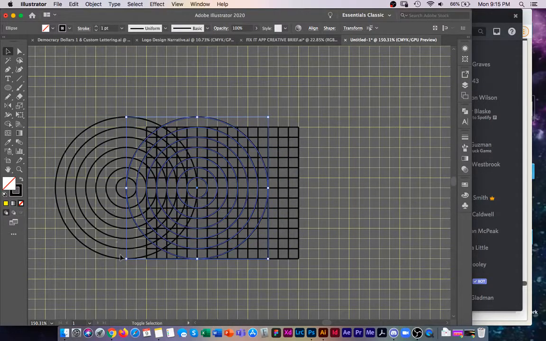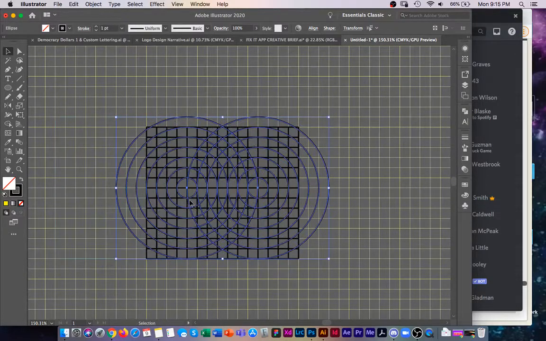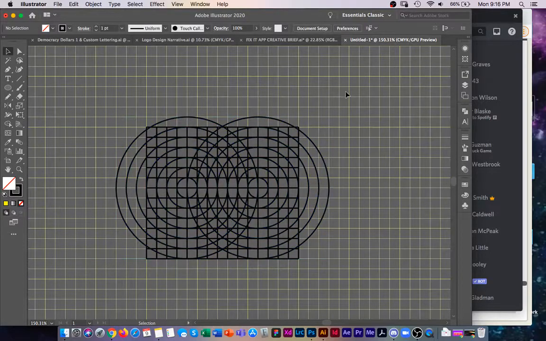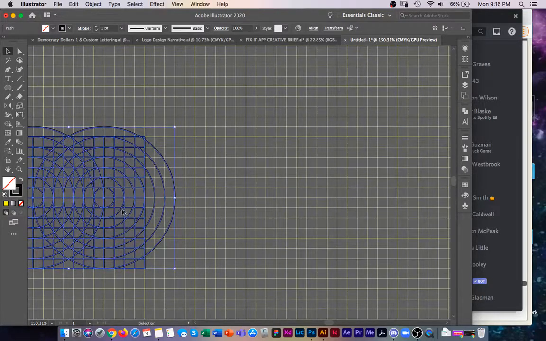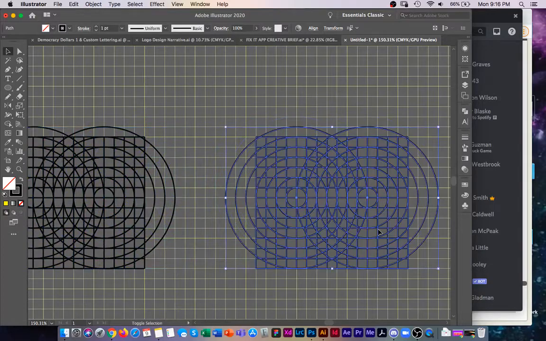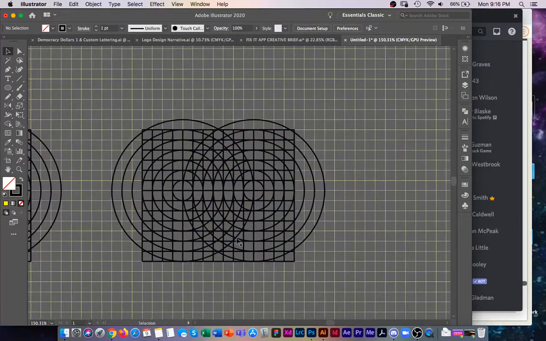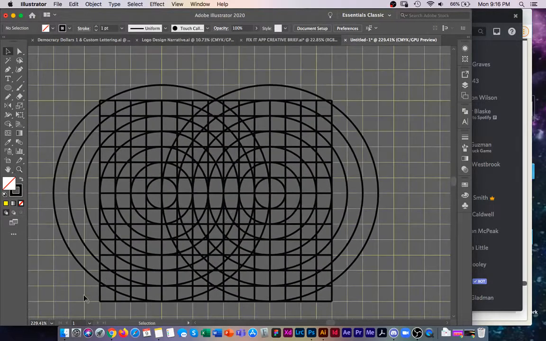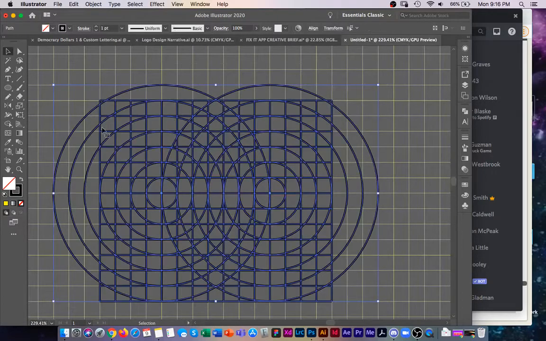And then I'll hold Shift and drag over this side, and we'll just move those over so that they're centered on the square grid. This is the way to make a really nice intricate grid design. It's got a few extra little pieces that we may not want to forget are there, but I can now select the whole thing, hold my Shift and M key, or click on my Shape Builder tool to be able to click and drag these pieces together